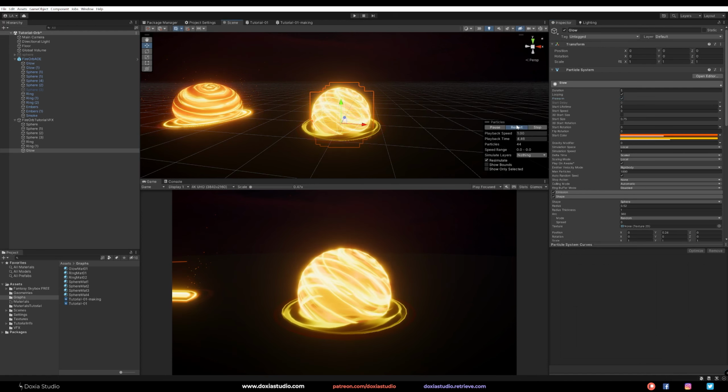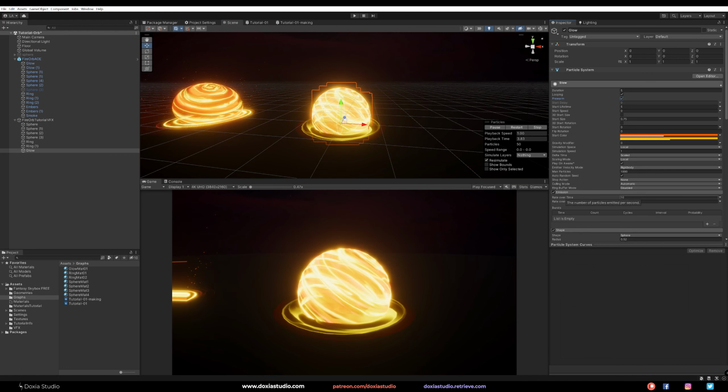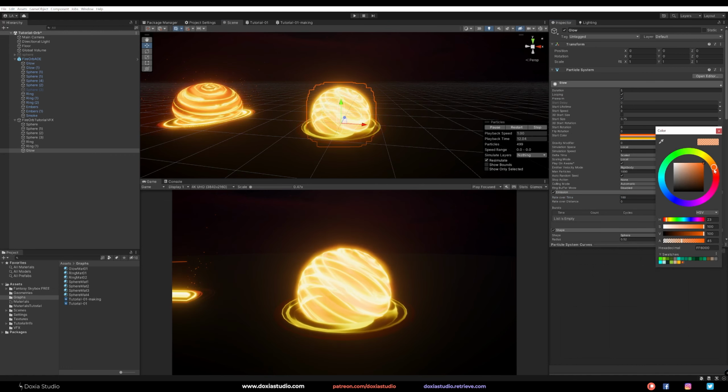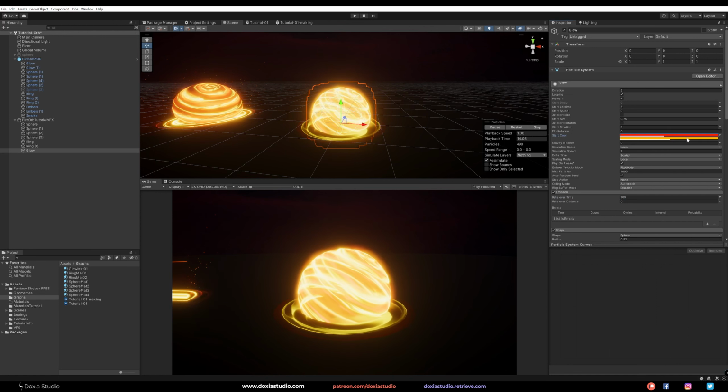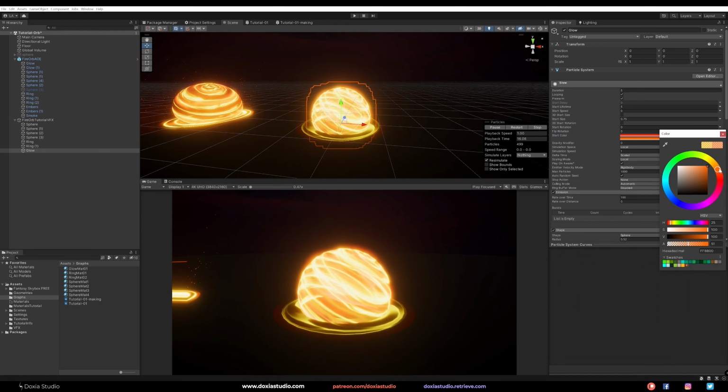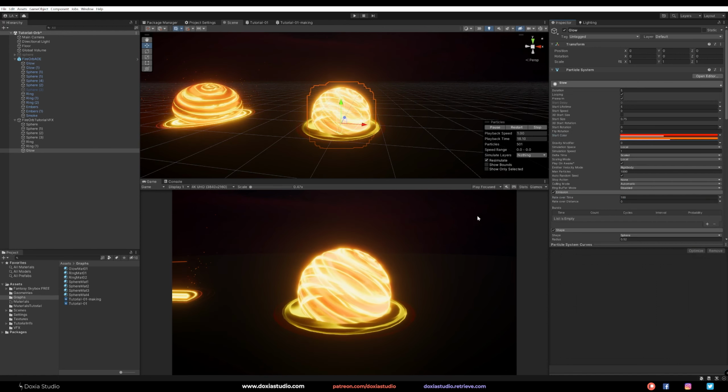So we want to pre-warm, so we can fill that up. And here on the emissions, we can increase the rate over time so we can fill up a bit. So right now I'm feeling that it's too yellowish for my taste. So let's go something like that. That's pretty cool. Right, so we have the basic glow.